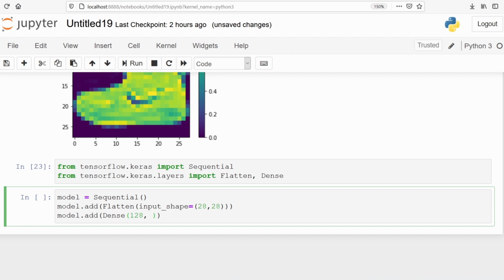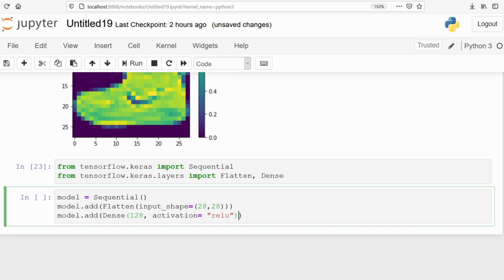We will also specify the activation function which we are going to use. We are going to use the ReLU activation function. There are different types of activation functions like sigmoid, tanh, ReLU, leaky ReLU. In this model, we are using the ReLU activation function.